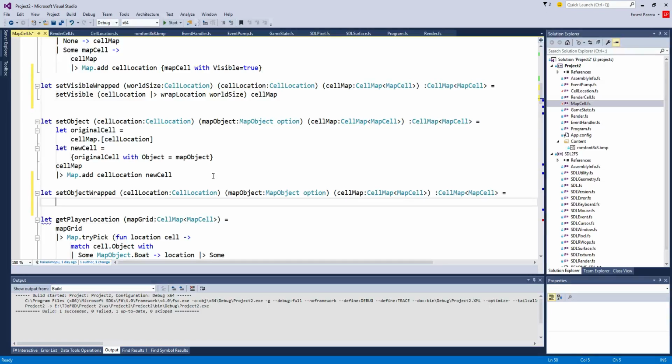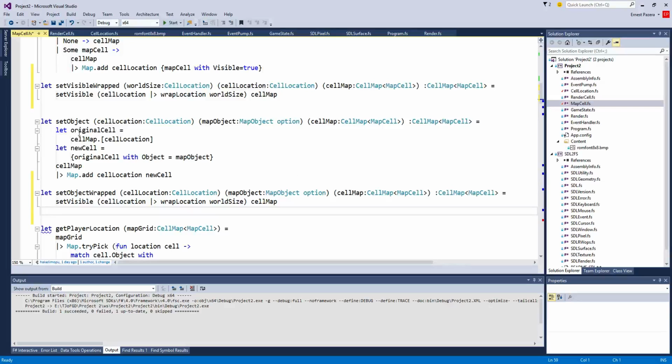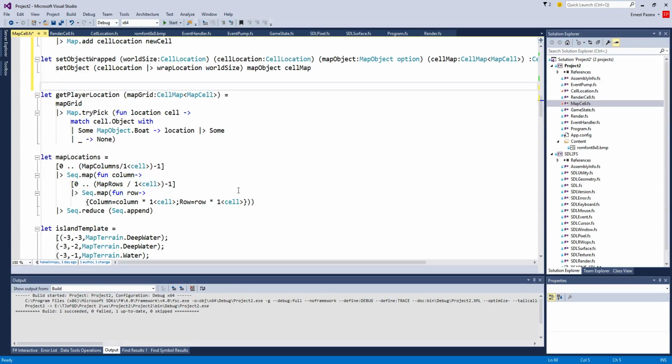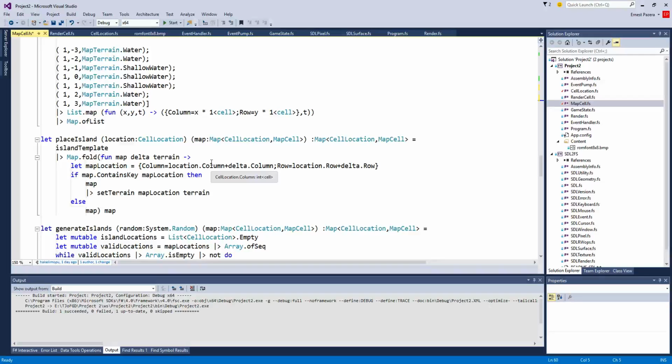We're about to do something actually kind of cool. It's going to look a lot like set visible, except it's set object. It also needs a world size. So there's that location. I need the map object right in here. I'm going to do something real cool. All my map locations, that's my template. Place island. I'm going to use